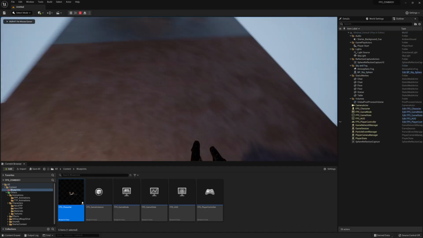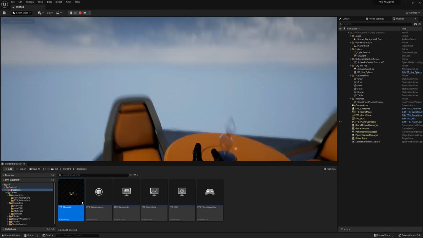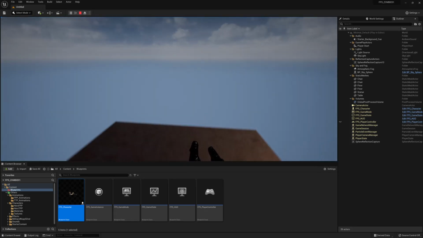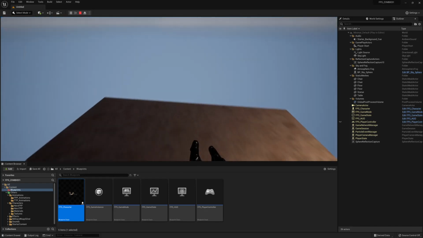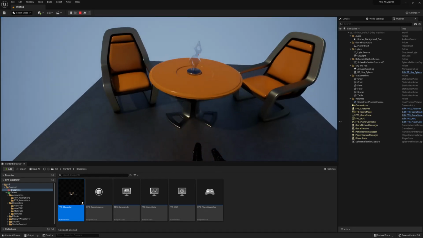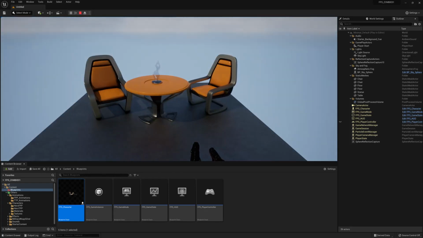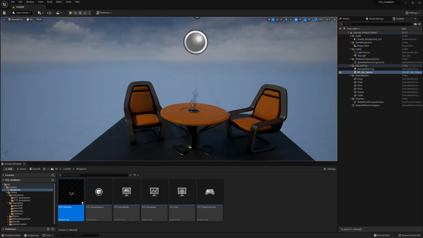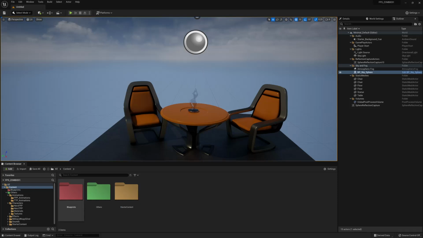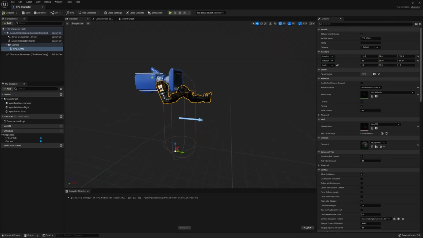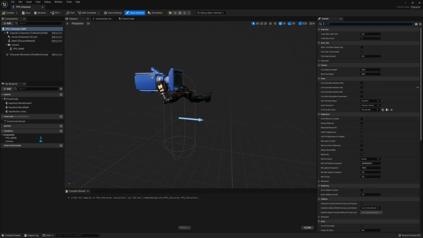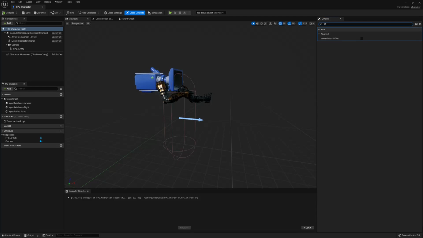Go back here, press play. There we go. You see the animation for now. And of course, there's no weapon yet, which we will go on later. But two things we're going to do in here. The first thing is we're going to go back into our character. So the first thing, if you go to self and type in shadow,